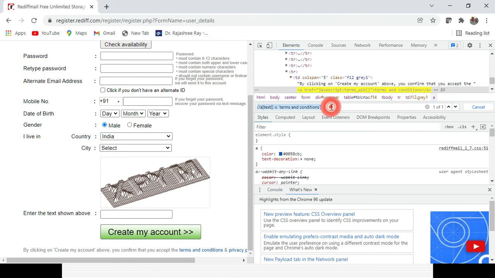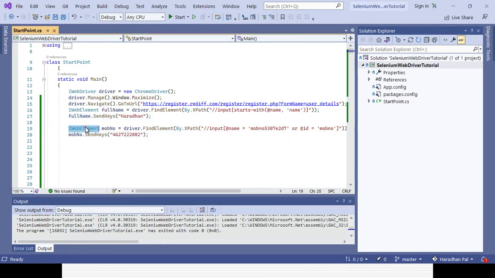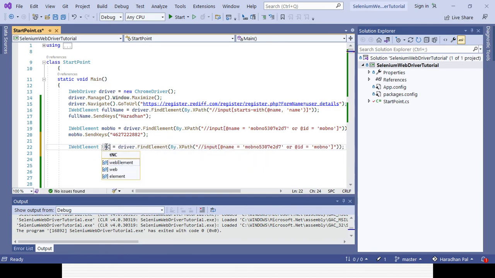So let's create the XPath for the text, which is nothing but the terms and conditions. I can create a web element here, web element terms and conditions, T and C. And here I need to change the XPath value.